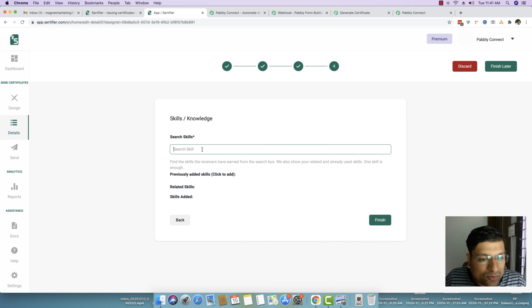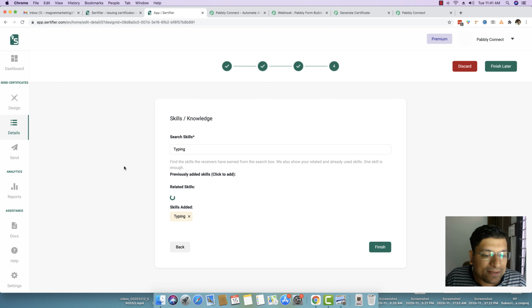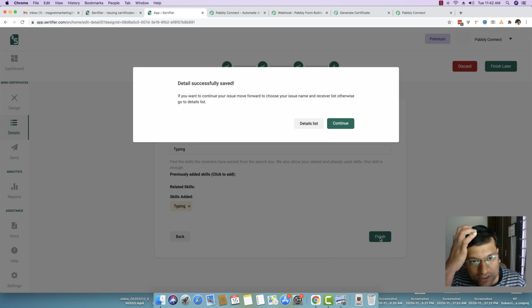And under the last skill, you can define, for whoever is getting the certificate, what kind of skill he is getting. So in this specific case, because it is a typing skill certificate, I will just select it as typing. But if it is web development, you can give the skill of web development, or you can say that this is a person who is expert in XYZ thing. Whatever skill you want to give to a person who has acquired this certificate, you can type those skills. And you can in fact type multiple skills as well. In this case, I'm just typing typing as the skill. Okay, and once the details are created, I'm just going to click on finish.